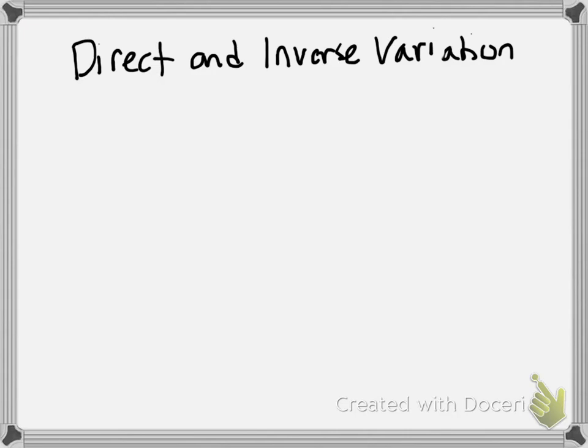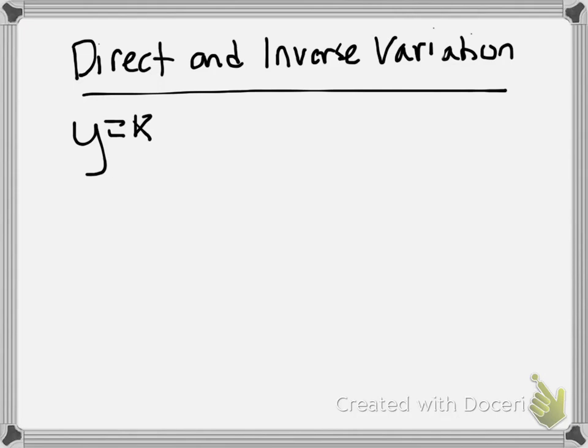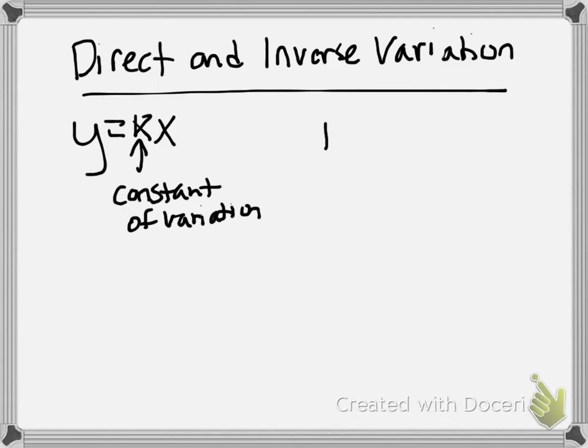So direct variation is anything that's in the form of y equals k times x. This k value is called the constant of variation. And some of the questions you may just be asked to find the constant of variation. So just make sure you're careful with your questions. One of them in your homework only asks you for the constant of variation. Others will ask you to go a step farther. So in order to find k,